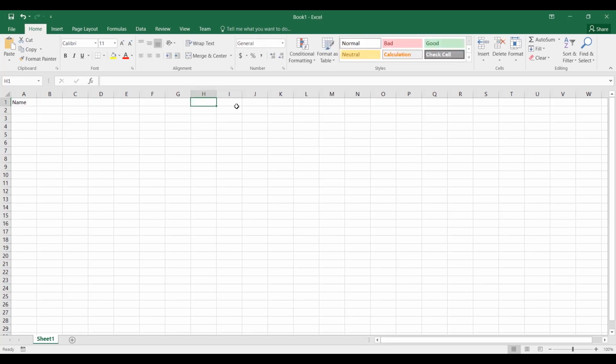What about if I press the Home key? If I press Home key on my keyboard, what will happen? You can see the cell pointer or the active cell now becomes A1. If I press End, from there,